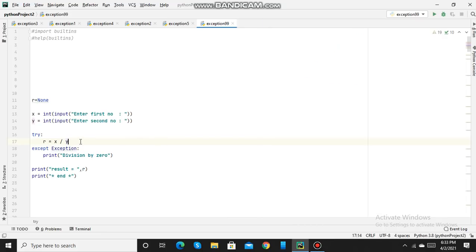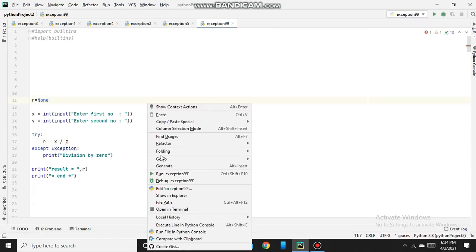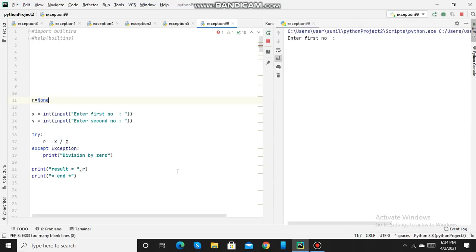Now I will change the variable y to z and run it again. So although I am dividing by 2, it is printing the same message, that is division by 0.